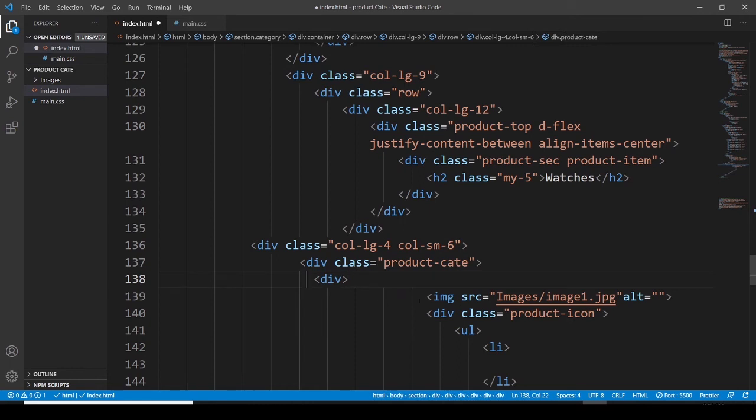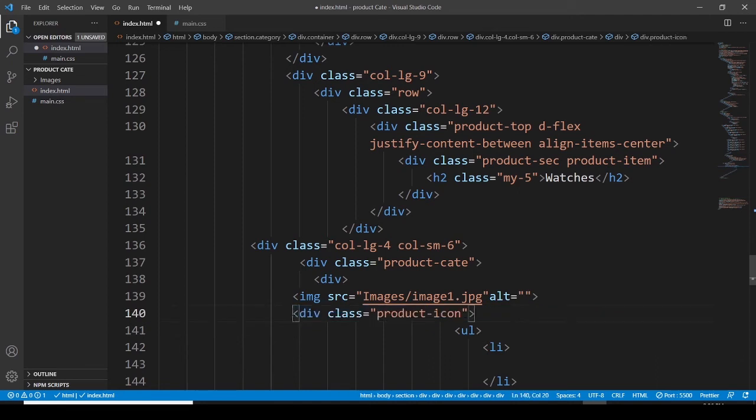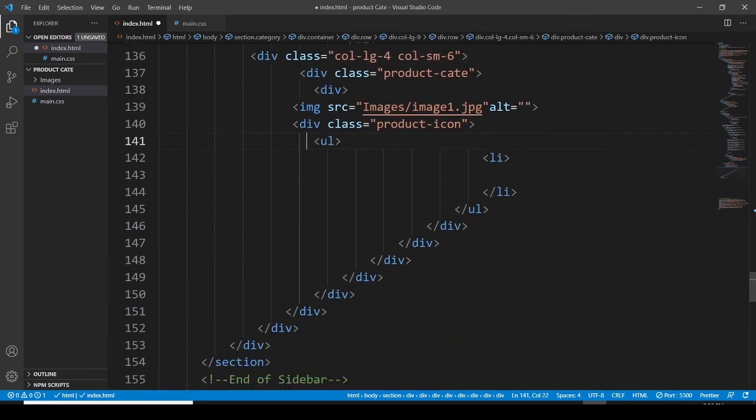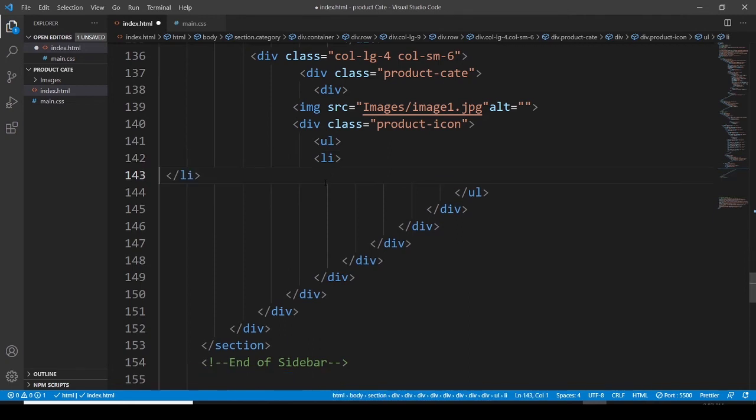I know this is not the right way, but let me do this. Okay, so enough playing. After this unordered list, we do have a list item, and then we would like to go with anchor tag,